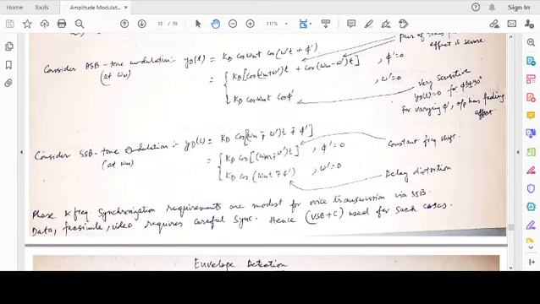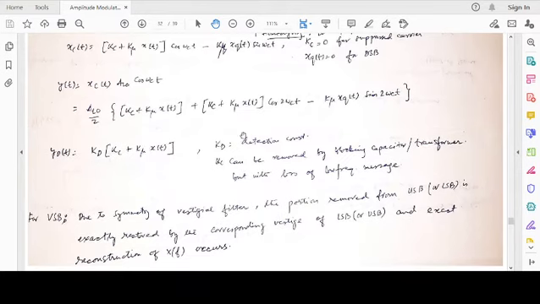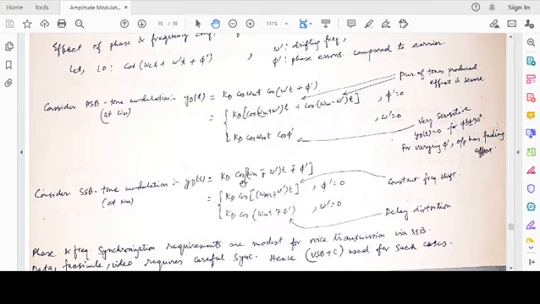Let's see for single sideband. For single sideband with the same message signal, which is a tone frequency omega m, the detector output would be k d. You just plug it back there. Corresponding to the single sideband, the output would be k d cosine of omega m minus plus omega prime t minus plus phi prime, after substituting back there.